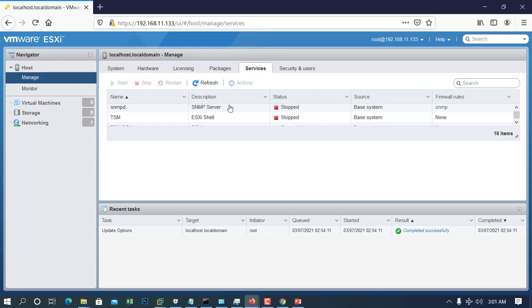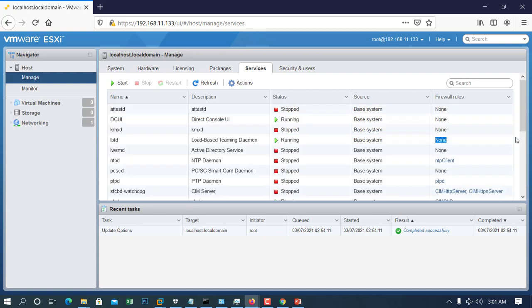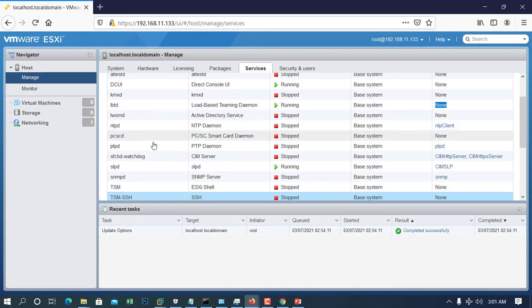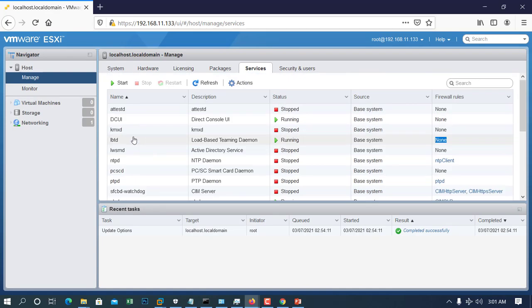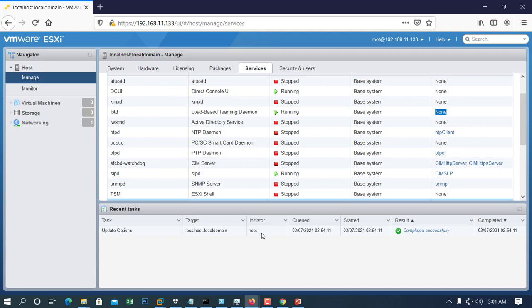These are the SNMP server, ESXi shell, these are the services. You can see these are the common services related to the ESXi server.